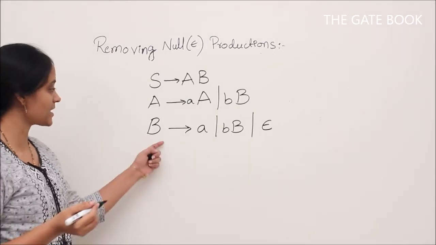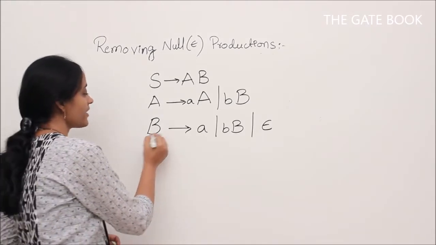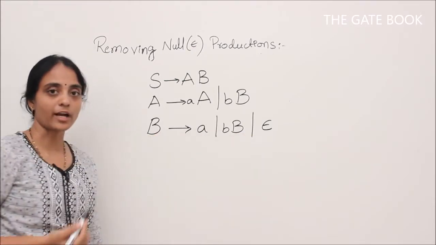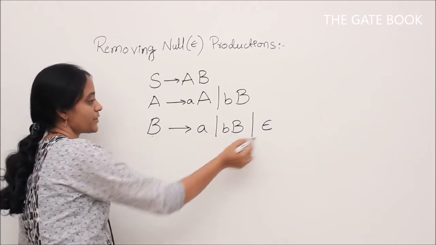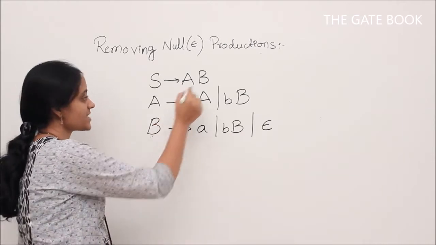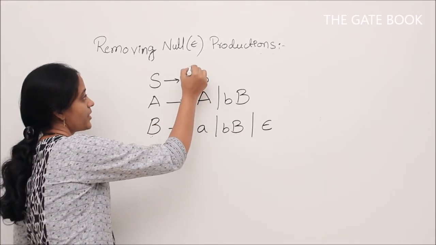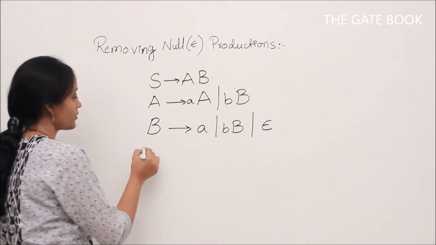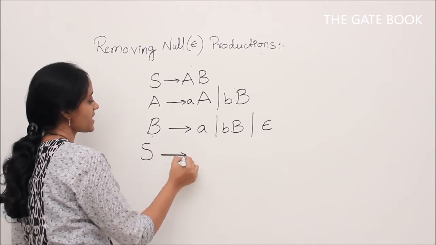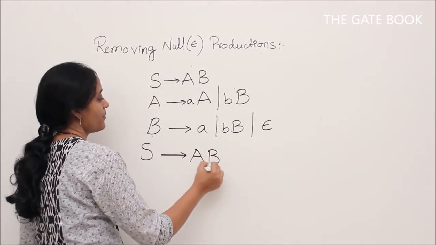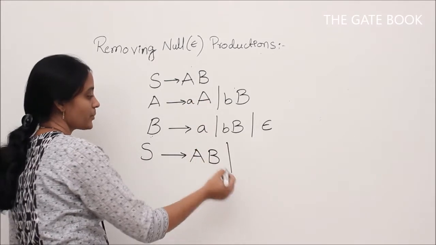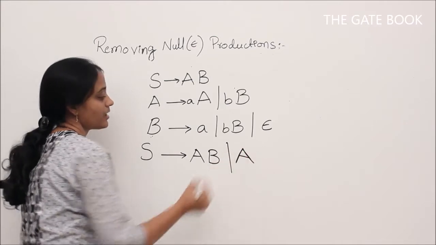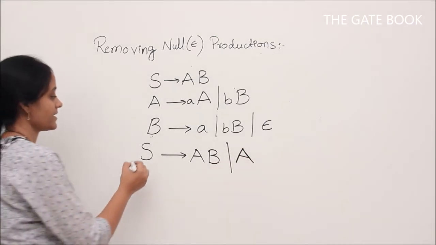Let's see how to remove epsilon production from this grammar. There is only one epsilon production, that is B derives epsilon. How to remove this production? So we already know the rule. Whenever we want to remove this production, we should check where B is present on the right hand side. So this is one production, this is one production, this is one production. So we should rewrite all of them. So how do we rewrite? So now S derives AB, we will keep that production, but there will be one more new production where we just substitute epsilon in place of B. So now S will have two productions like this.